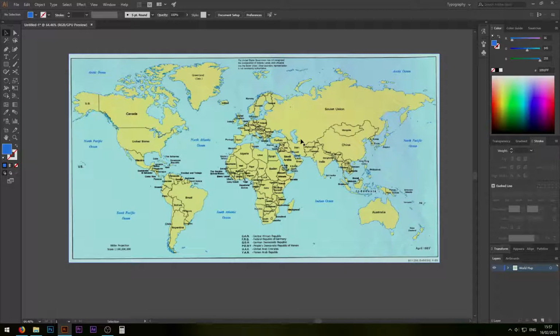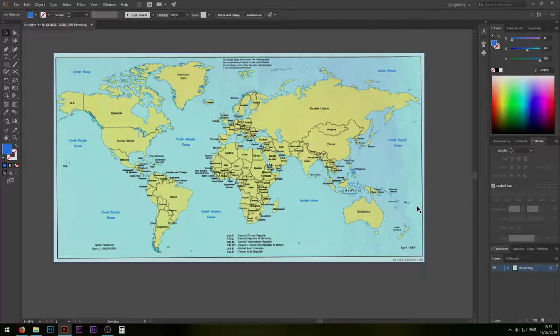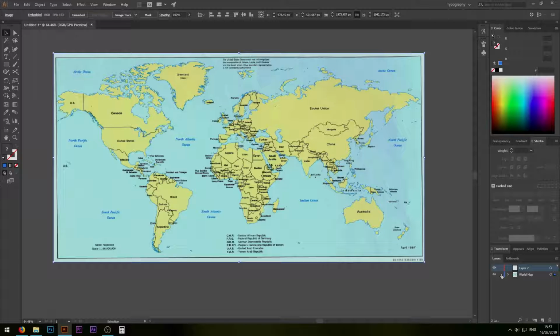And then you just put it in your Adobe Illustrator file, and then next you want to just create a new layer on top of it. Lock the first layer here so that you don't accidentally move the world map when you are working on it. And then we're gonna start making our world map here. So I'm gonna put my map and